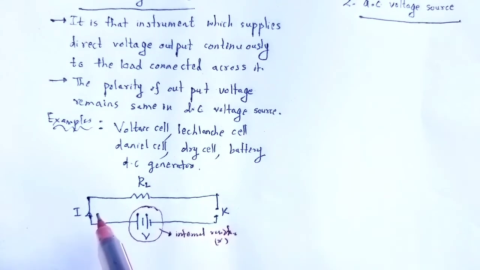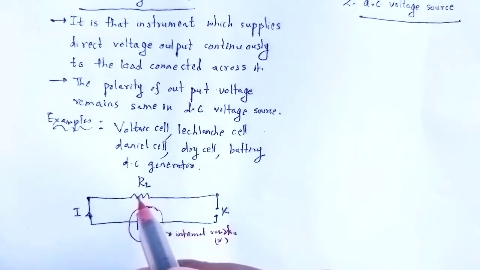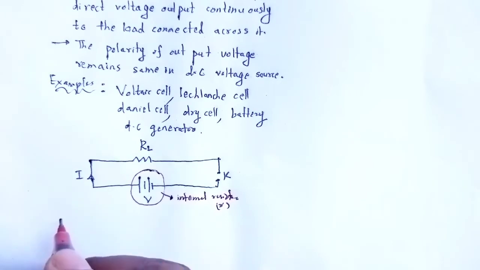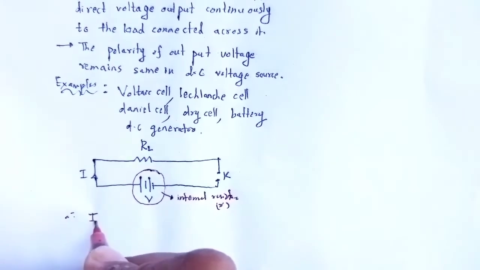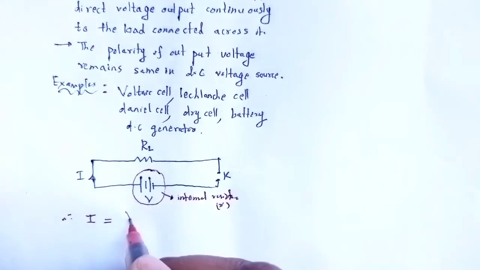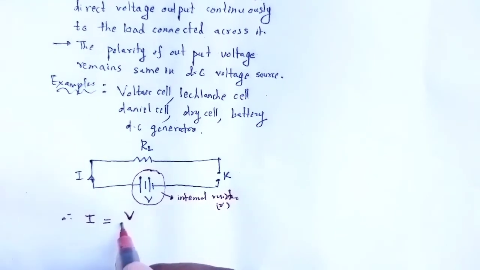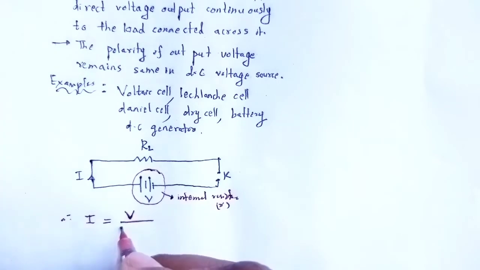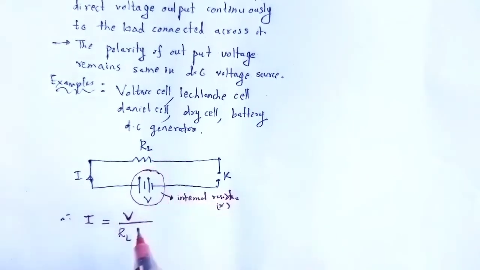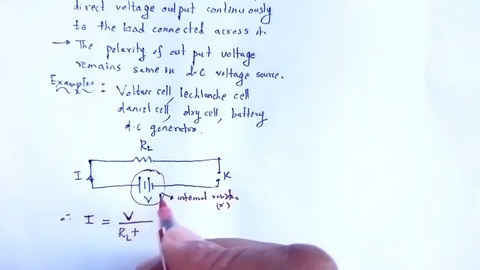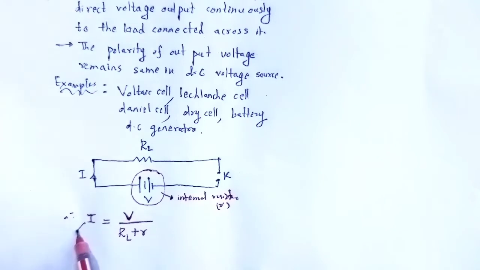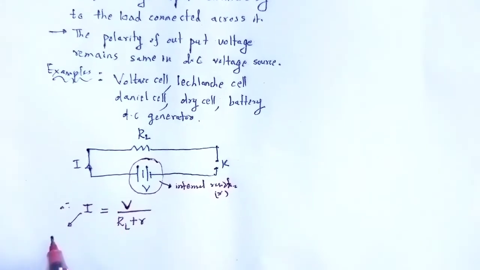So the current I flowing through the load resistance RL is given as the potential divided by the net resistance, that is RL load resistance plus internal resistance r of the voltage source. Here I is known as the load current,